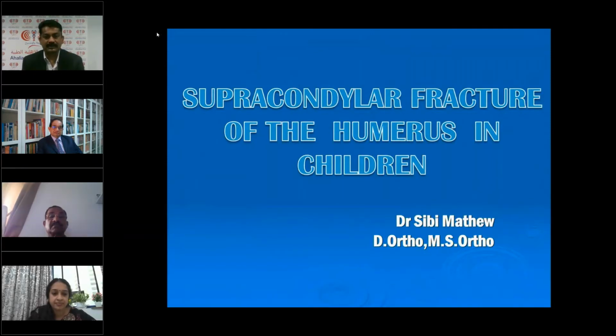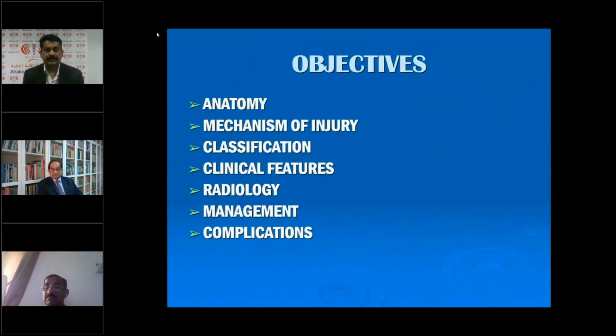So today's topic for discussion is supracondylar fractures of humerus in children. The objectives of today's talk are to know about the anatomy of the pediatric elbow, that is the supracondylar region, the mechanism of injury that leads to the supracondylar fractures, the classification of supracondylar fracture, especially the most common